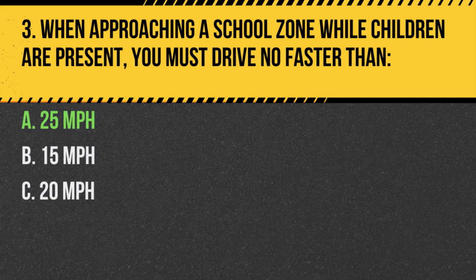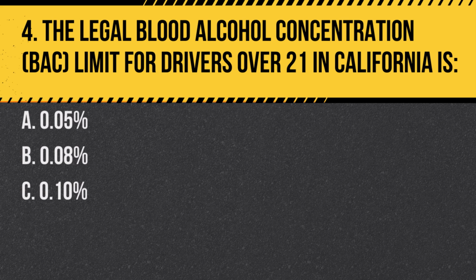posted. Question 4. The legal blood alcohol concentration limit for drivers over 21 in California is A. 0.5%, B. 0.8%, C. 0.10%. Answer: B. 0.8%. In California, it is illegal to drive with a BAC of 0.8% or higher if you are